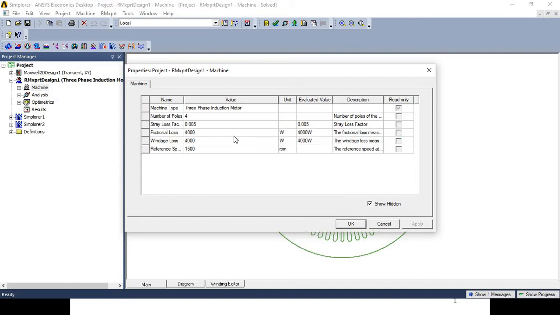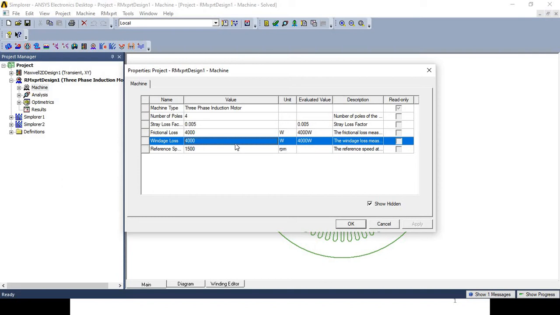Then windage loss, it is 4000 watt, and once you select the value here, that is 4000 watt, it is shown as the evaluated value with unit. Suppose we select the windage loss as 4000 and select watt, it will show the evaluated value 4000 watt.